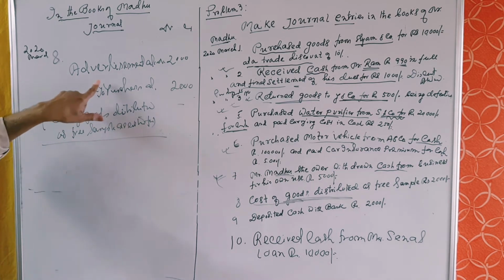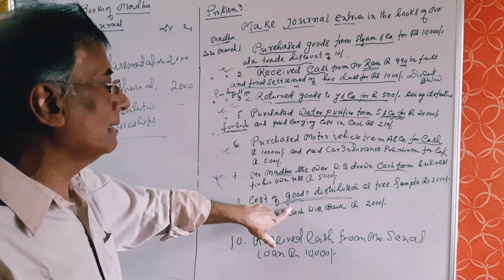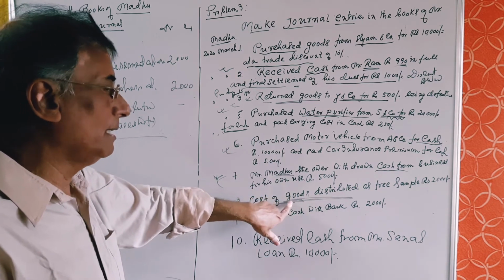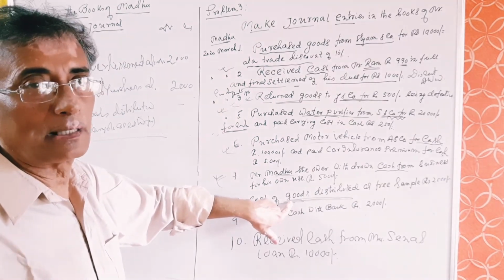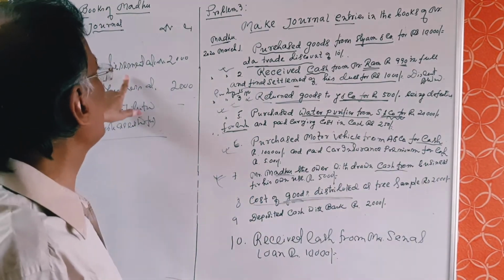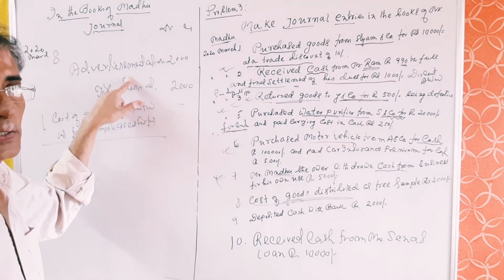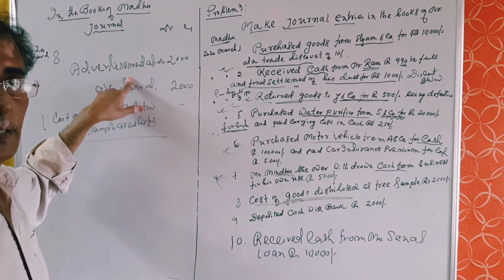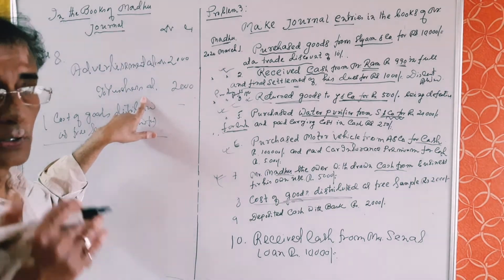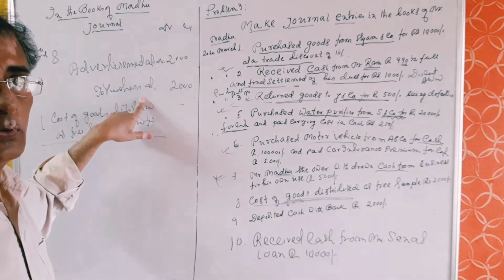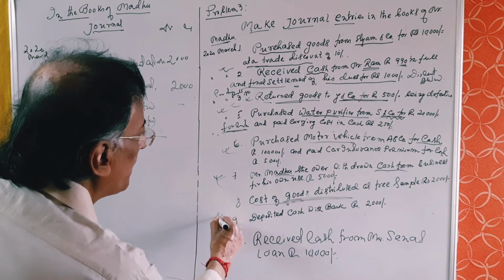Is it clear? Why are we debiting advertisement account? Because the company is advertising by distributing its product free of cost to the prospective customers. This is a unique method of advertisement of the modern era. So we are debiting advertisement account. As per the golden rules of nominal account, all expenditure and losses are debited. Advertisement is an expenditure, so we are debiting this account, and purchases account is credited because stock is reducing for distribution of goods.